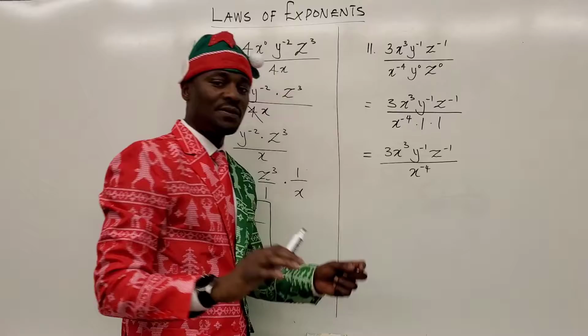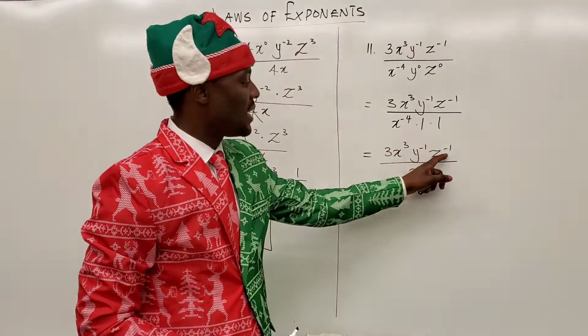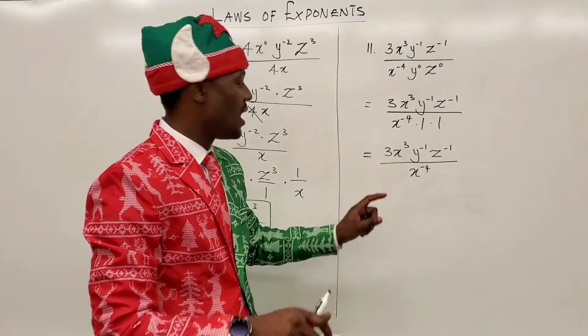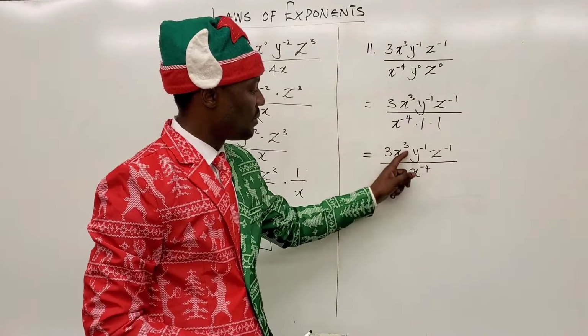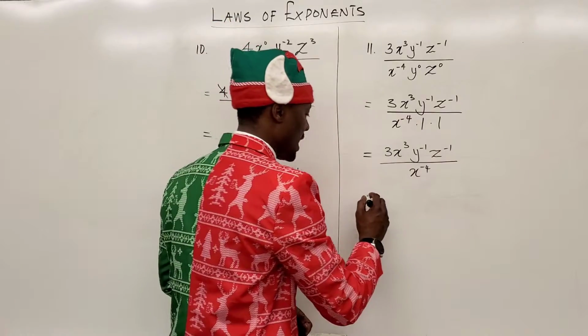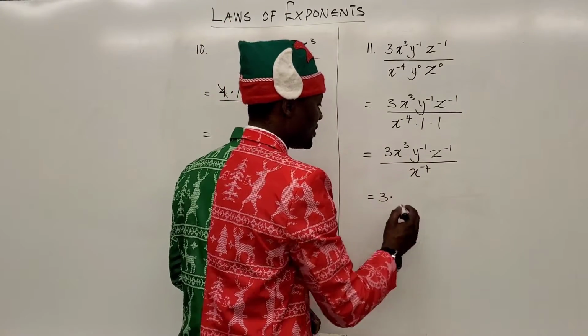So as far as we're concerned, this and this don't have anything to do with it. This is also a number that's standing by itself. So the only thing we need to deal with will be this. Remember, when you deal with this, it's going to look like this. It's going to be 3 times